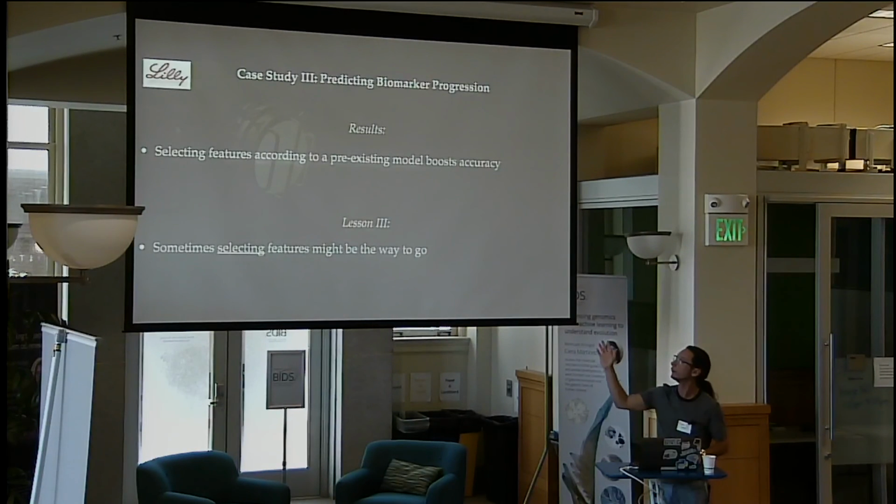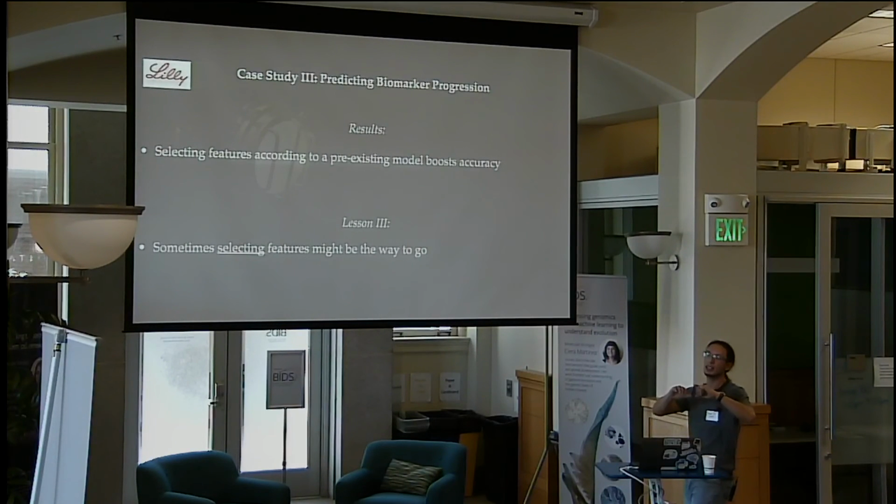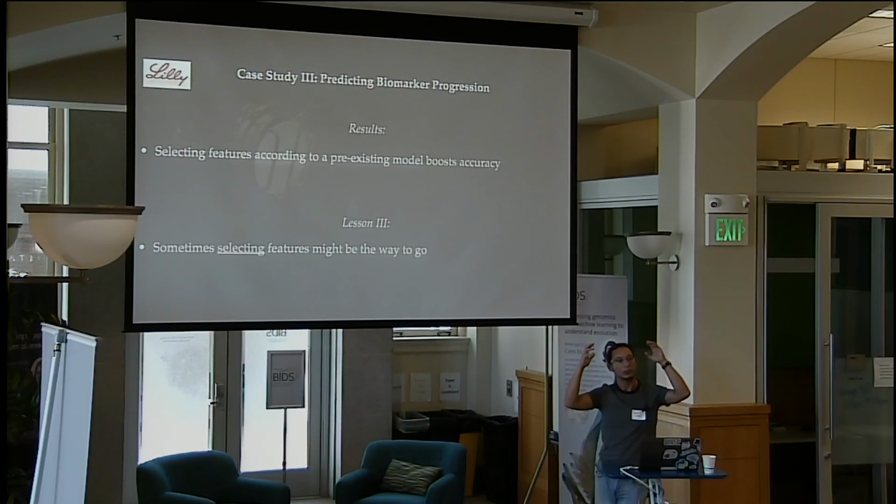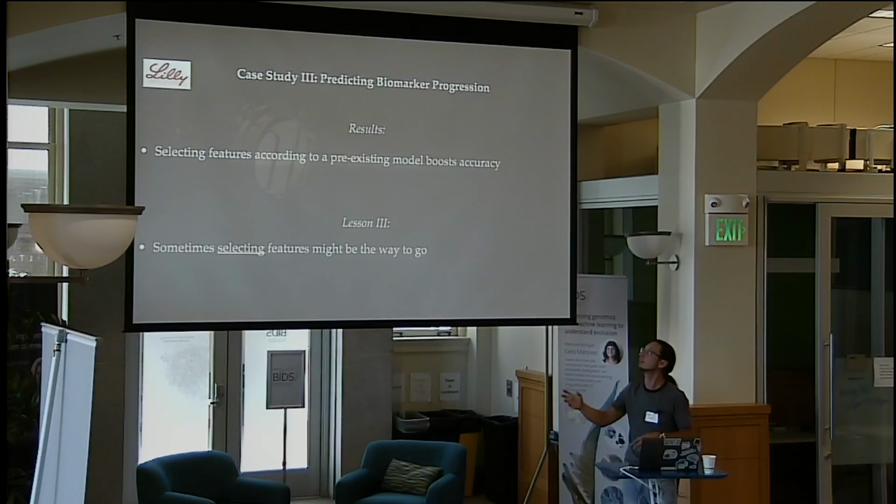So the point of this third example is about selecting the features. The idea when I started was to try to predict protein movement in all the regions of the brain. But if you select your features and say, I'm only going to predict the sum or a subset of regions, this can, again, increase your accuracy.